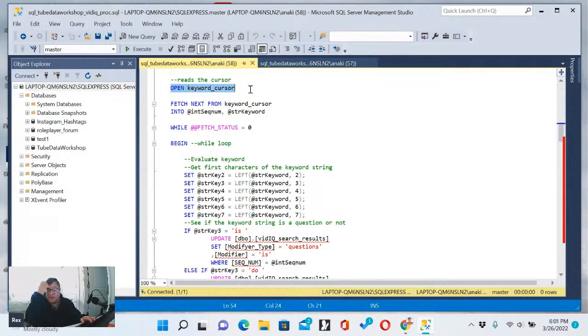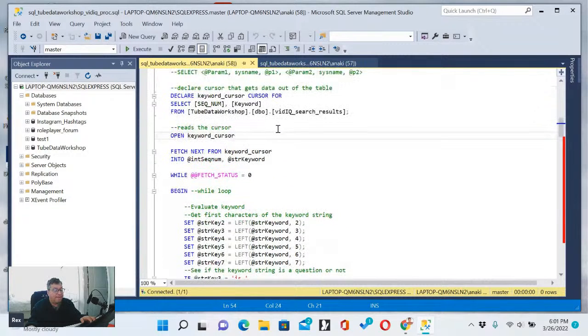A cursor is a unit which loops through all the records in the database. So the cursor is tied to a SQL, and I'll show you that in a minute over here. Actually the cursor is right down here. Declare cursor. Declare is where you define something. Declare keyword cursor. Cursor for select seqnum. So this is the declaration of the cursor. Select seqnum, keyword from a tube data